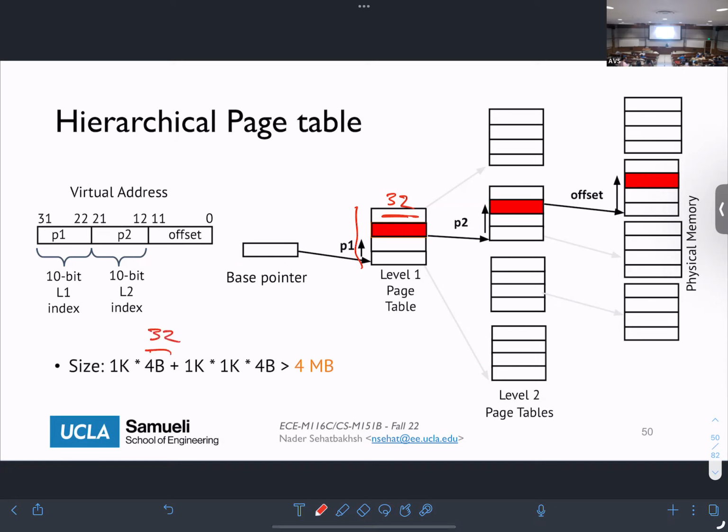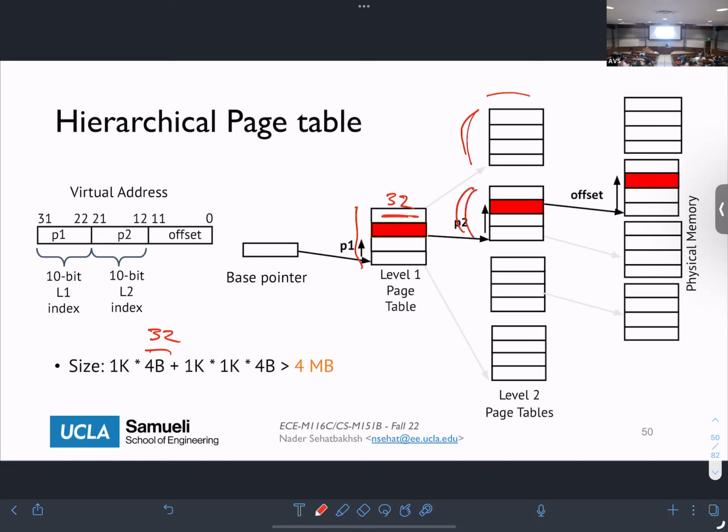Then we're going to have 1K of these 1Ks, right? So we have 1K tables. Each one is 1K, and then each one is again 32. And then the combination of all these tables together, which is roughly 1K tables,